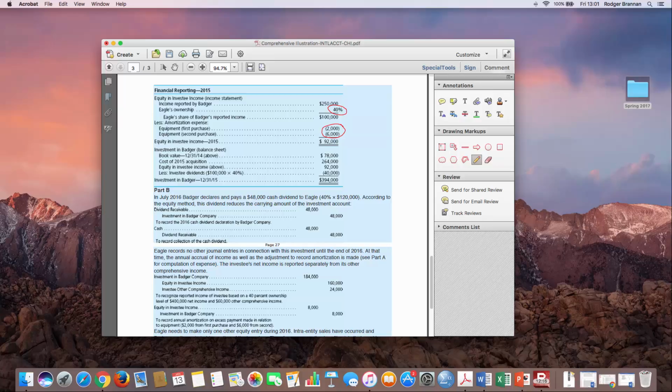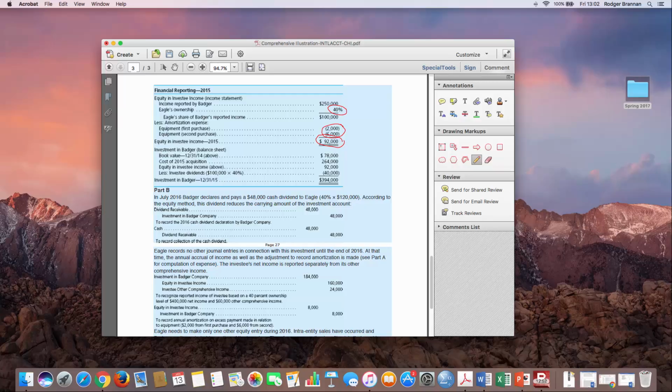You'll see this a little bit later on when we look at international accounting standards, which allows you to bump up the value of an asset to its fair market value. But when you do that, you likewise need to increase the depreciation. So while we are recognizing an increased value of the equipment, we're also in a sense recognizing an increase in total expenses via amortization. So the amount of income that Eagle will pick up for the year is $92,000, $100,000 less the adjustment of